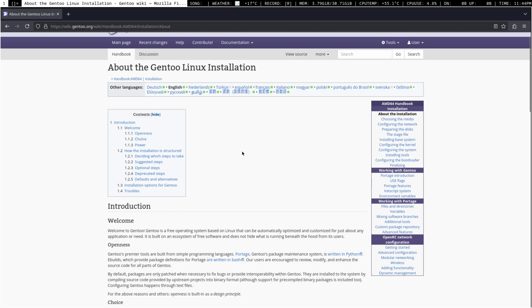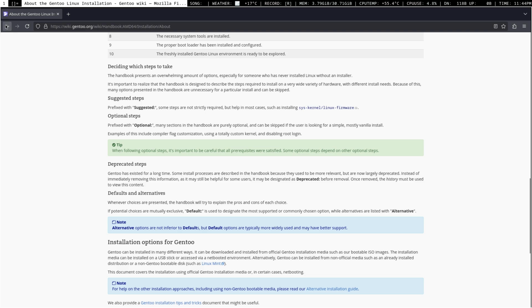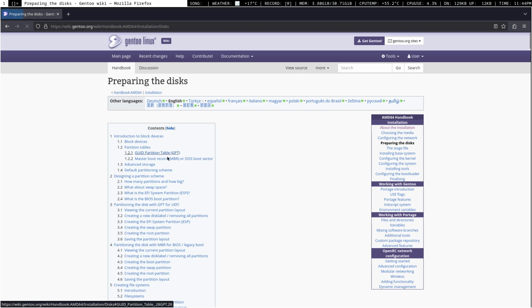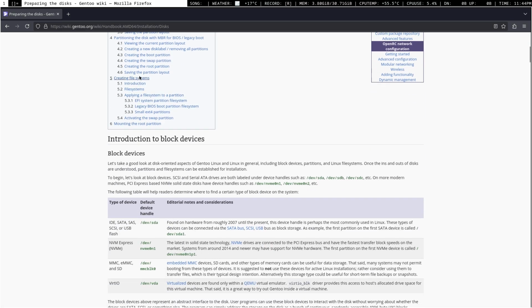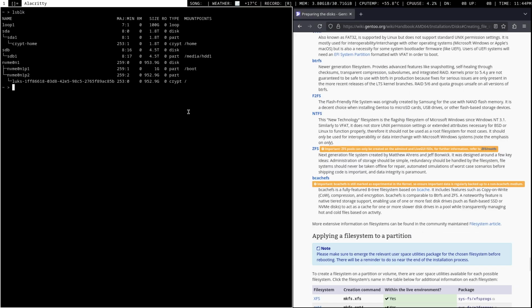About the Gentoo installation. Choosing the right installation medium. Configuring the network. I'm gonna jump right to preparing the disks, which is all here. But I already know how to do that, so